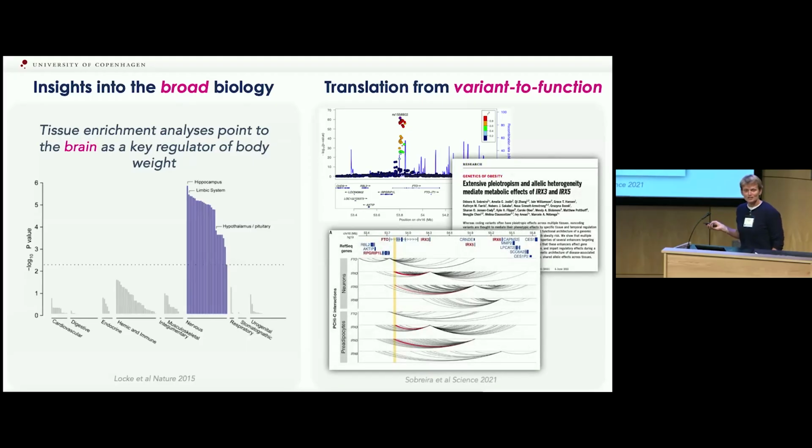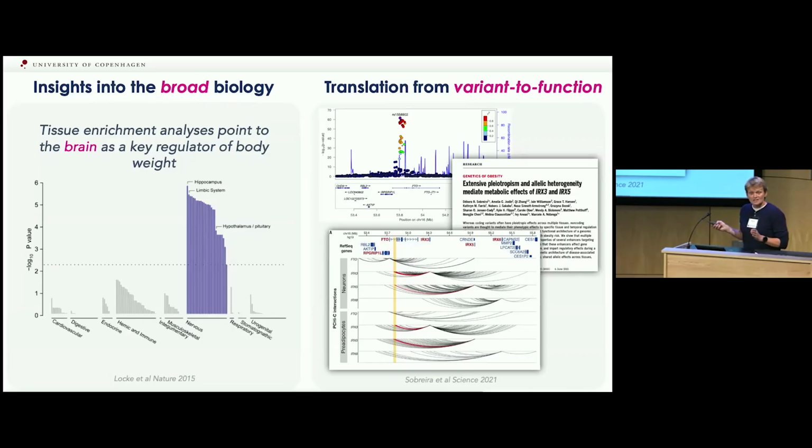Maybe this story got concluded with the paper in Science by Marcelo Nóbrega and Melina's team, where they concluded that the signal here in FTO, within neurons and pre-adipocytes, seems to reach to IRX3 and IRX5, and that may be the causal genes within this locus. And this is just an example to tell you that it took them about 14 years to come to that conclusion.